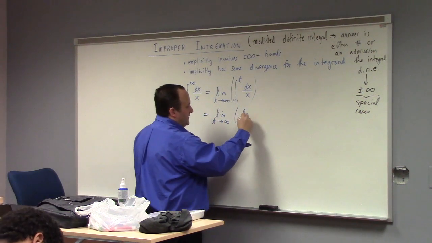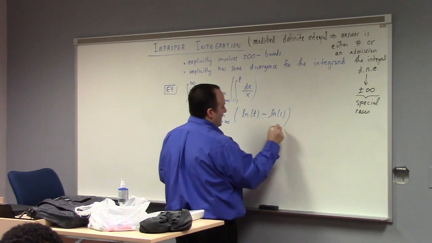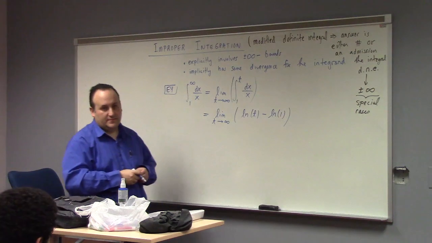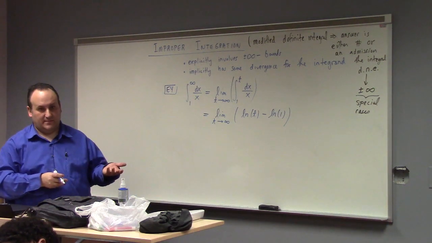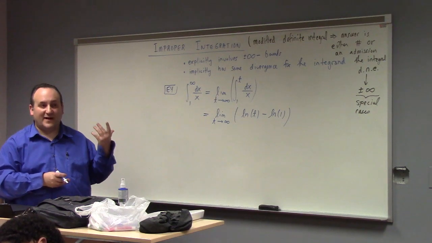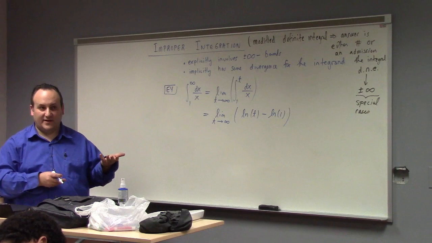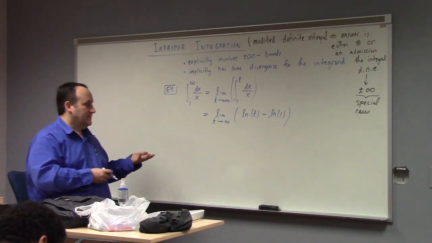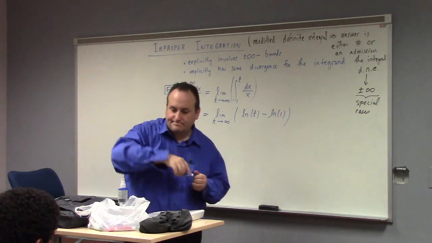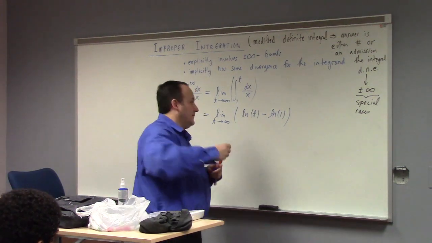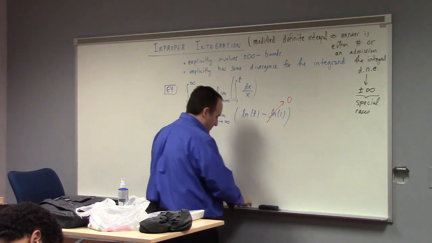So this is natural log of t minus the natural log of 1. Now, why can I drop the absolute value? What's the context here? We're taking the limit as t goes to infinity. Certainly t is positive in that limit, so the natural log of the absolute value of t is just natural log of t, okay? Now, natural log of 1, we all know what that is without picking up a calculator, right? What is it? 0, right? I mean, you do have a calculator, so you can pick it up, but